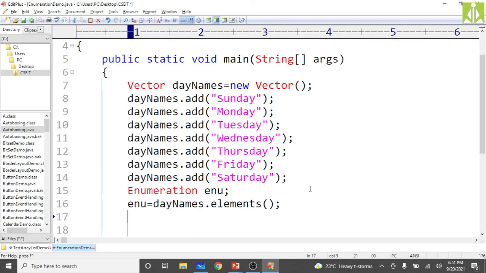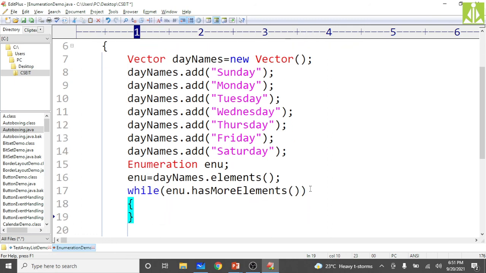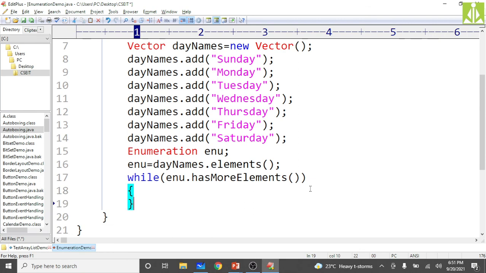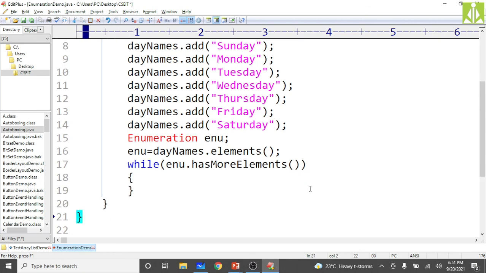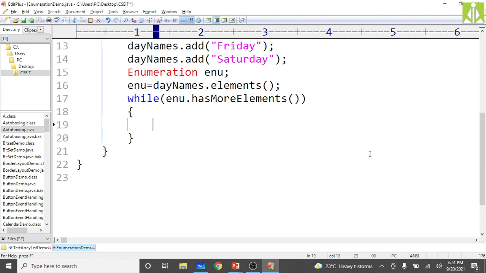Okay, so here while of enu dot has more elements, as long as we have more elements in the enumerator, you will not get any issue. If you are out of elements inside this enumerator, has more elements will return false and your loop will break.